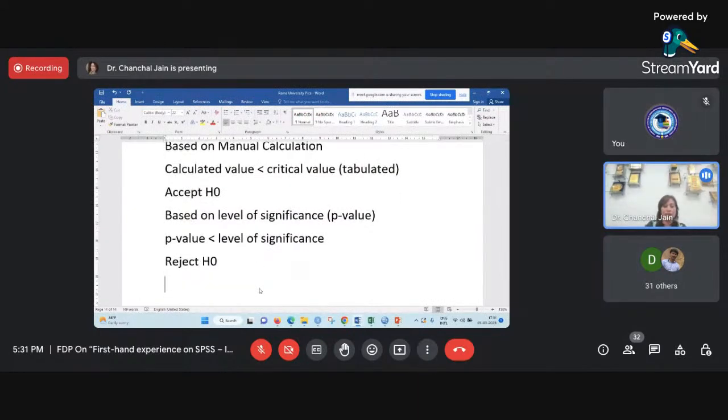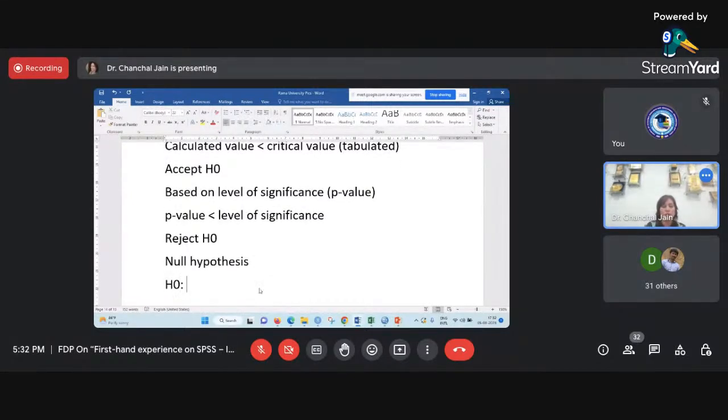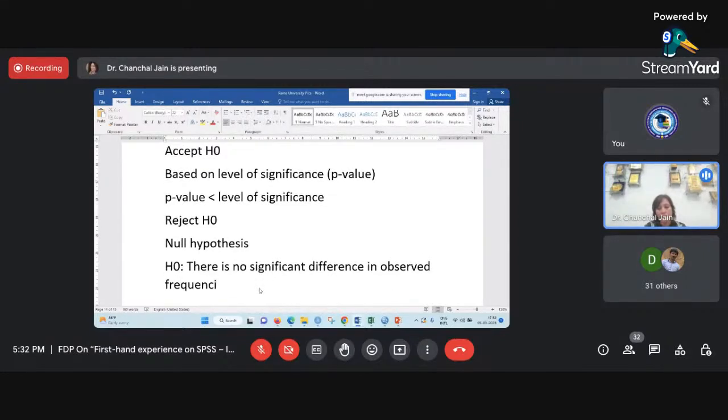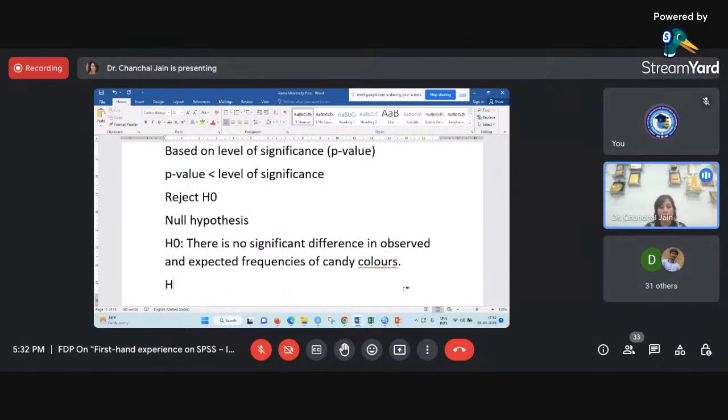Here I am making the null hypothesis. I am writing: there is no significant difference in the observed and expected frequencies of candy colors. This would be our null hypothesis, or I can make it like this: